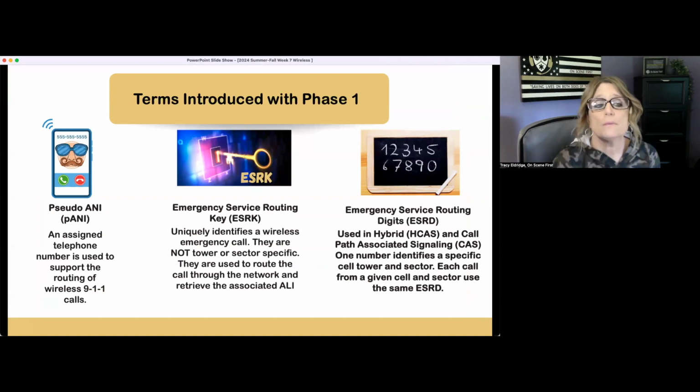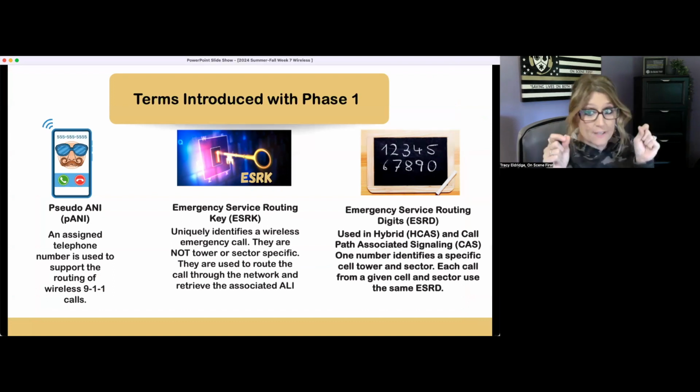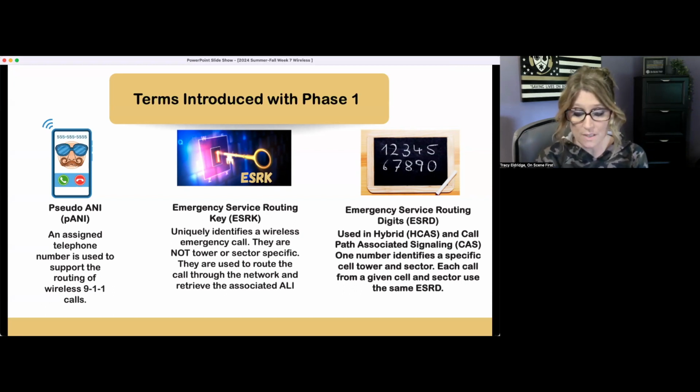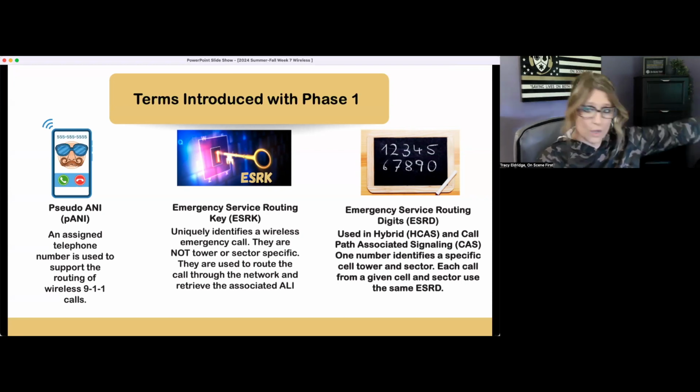So these were some of the terms that were introduced in phase one. This pseudo ANI, it's a fake number. It's kind of incognito, if you will. And it's an assigned telephone number that is used to support the routing of a 911 call. And why was that? Again, because it wasn't a wireline call,